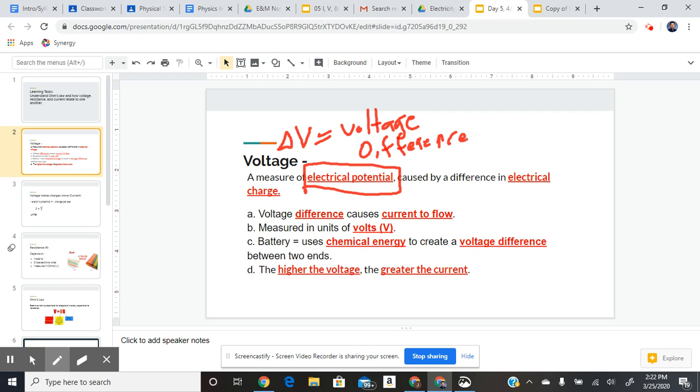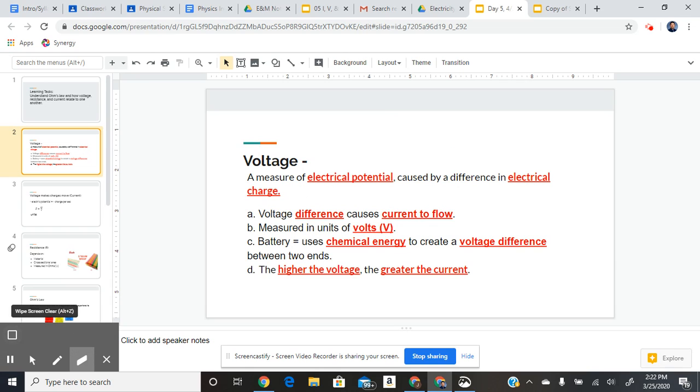or electrical potential difference. We measure this in volts, and the way that our batteries work is they cause a chemical reaction to create that voltage difference between the positive end and the negative end of the battery. And the higher the voltage, the greater the current within a circuit is going to be. So moving on, we have